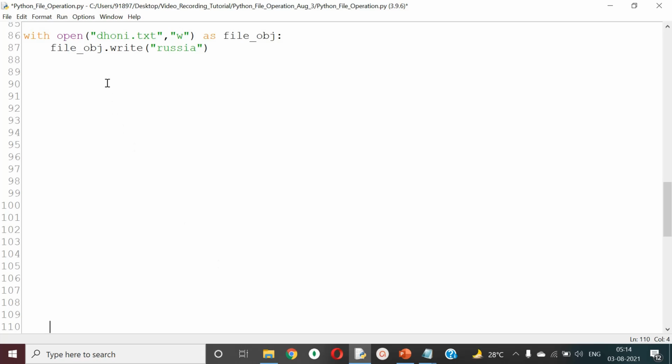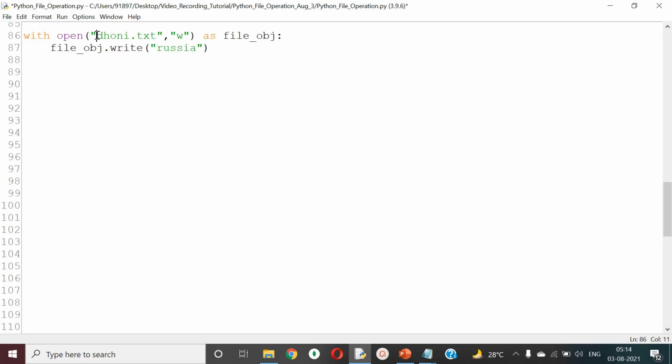Fine. Now, if I want this Dhoni.txt file to be stored in some other directory, what do I have to do? I have to mention the directory over here, so I have to write C drive and so on. But what is the point that we discussed earlier? When you write any program, it should be very dynamic. You should not keep anything static. Today you might be keeping a C drive, tomorrow it might change to F drive, the day after tomorrow it might go to E drive. So every time it might keep changing, so the folder selection should be dynamic.